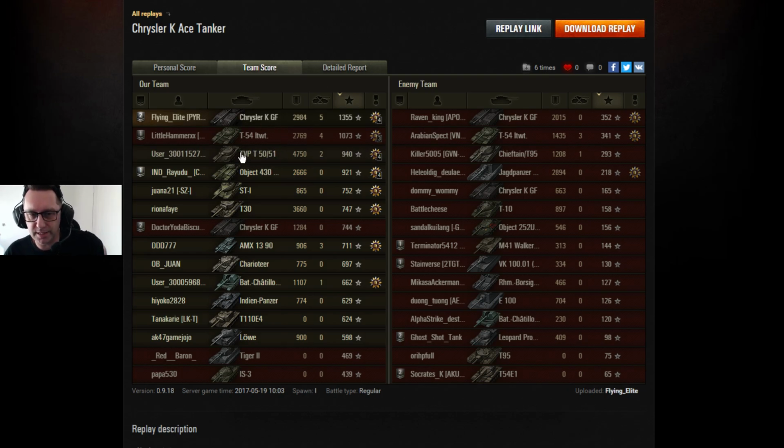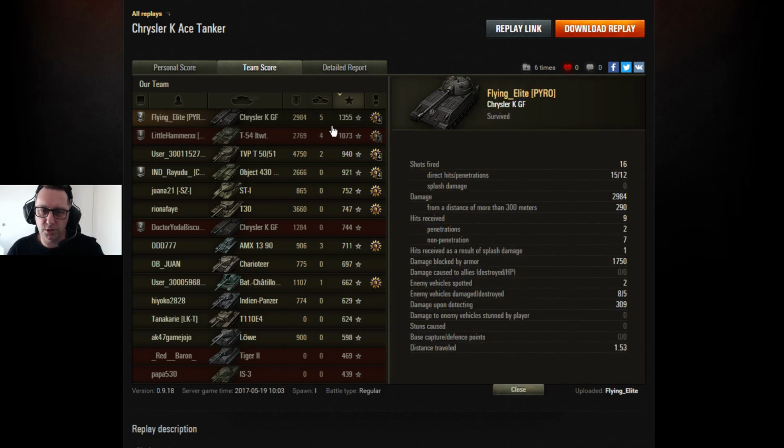Flop, but that's a Tier 10 medium. Flying Elite from Pyro with his Chrysler K Grand Final tank. 2,984 hit points of damage. 1,355 base experience. Of course, you get the base experience when you're bottom tier or lower tier if you're not